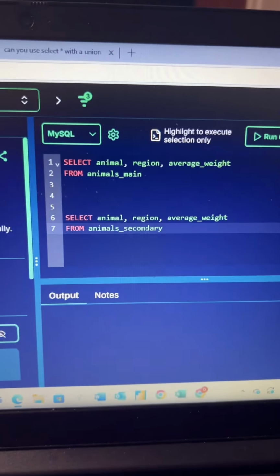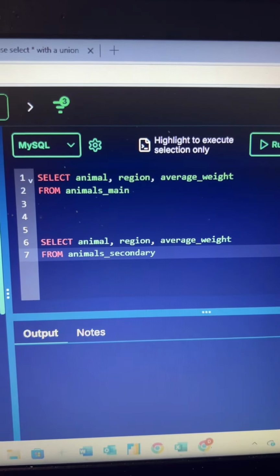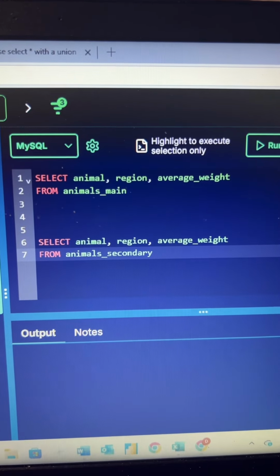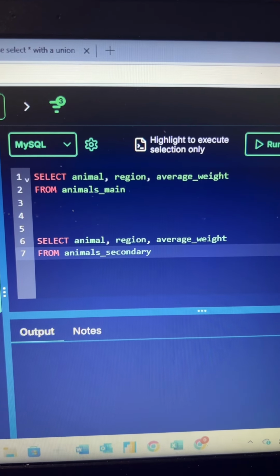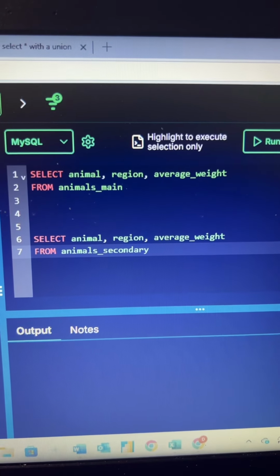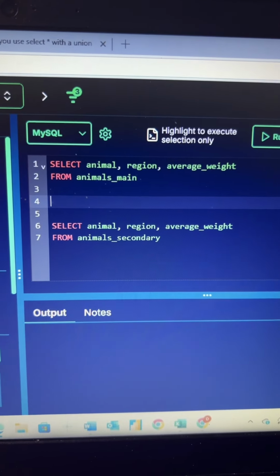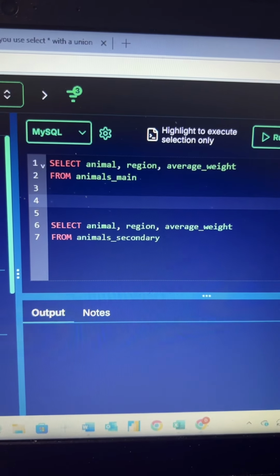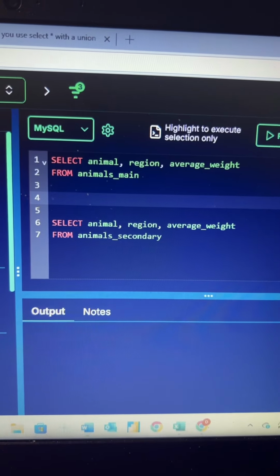are going to start out with two queries pulling animal, region, and average weight from animals main, and then we're going to do the exact same thing but pulling from animals secondary. Now to combine all of this data into one singular table, all we have to do is add union right